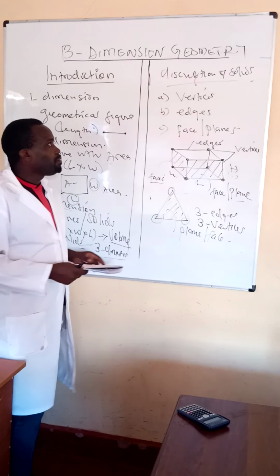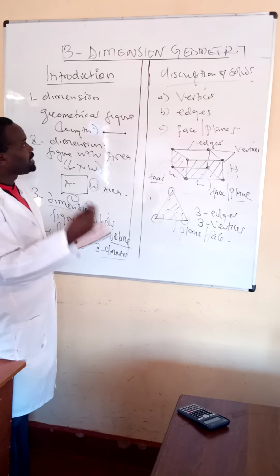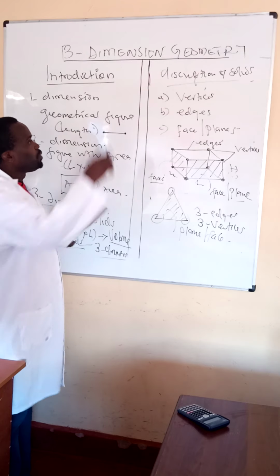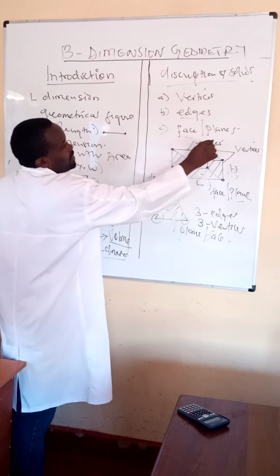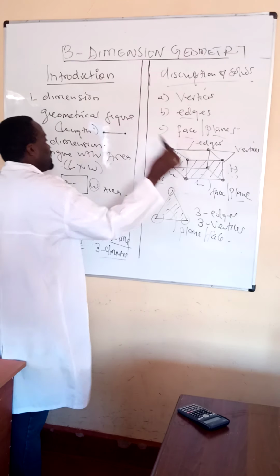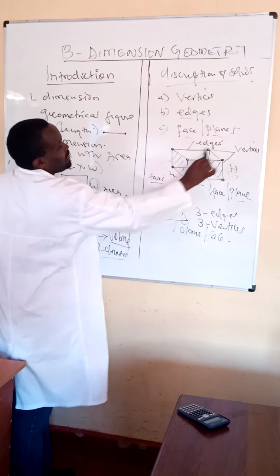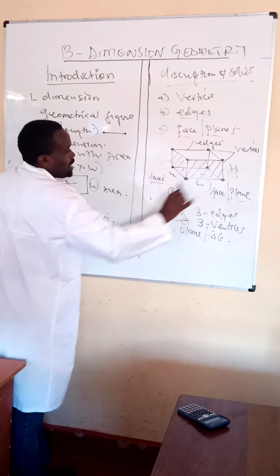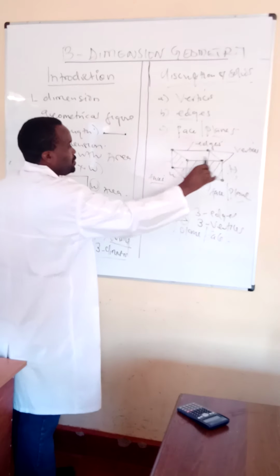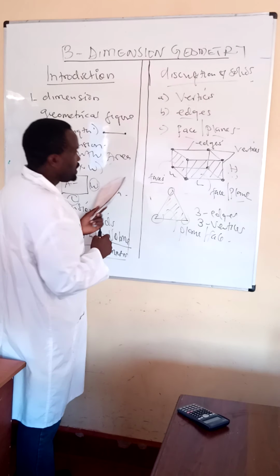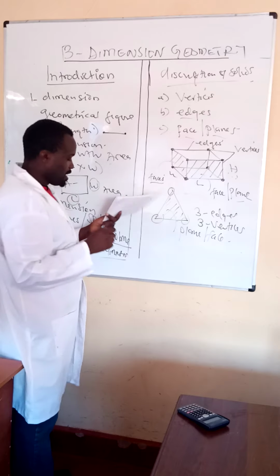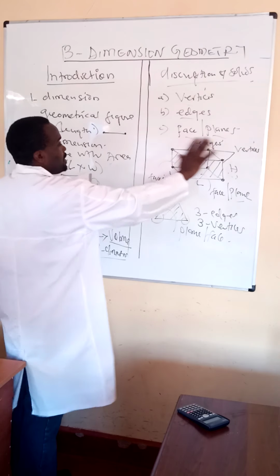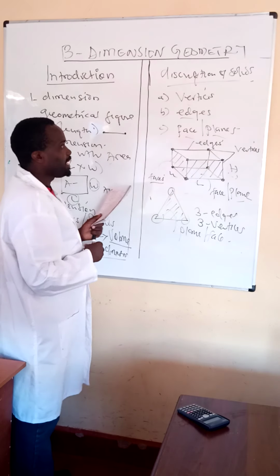How can we describe solids? We can use vertices, we can use edges, and we can use the faces or the planes. We have given an example that the lines that are joining, some of them parallel to each other, are called the edges. The points where the edges meet are called the vertices. And the area enclosed by the edges